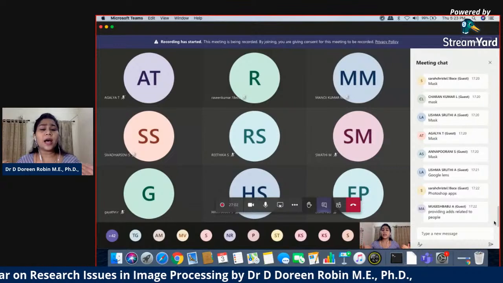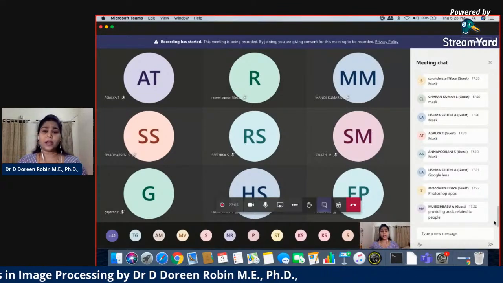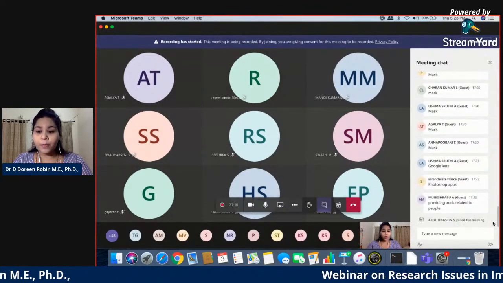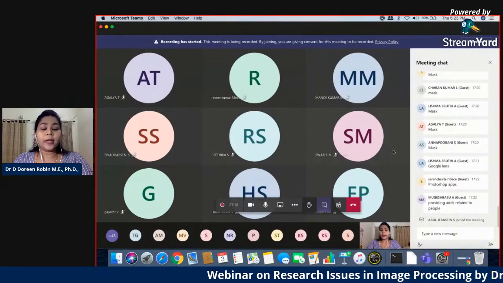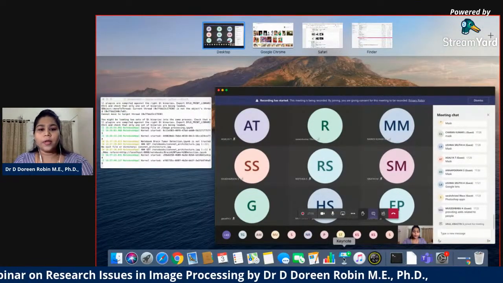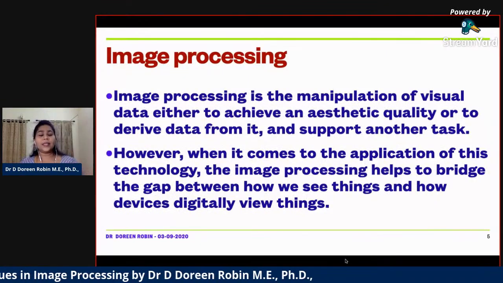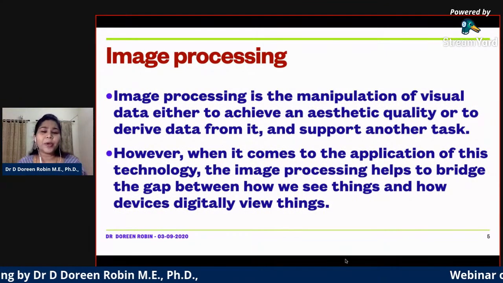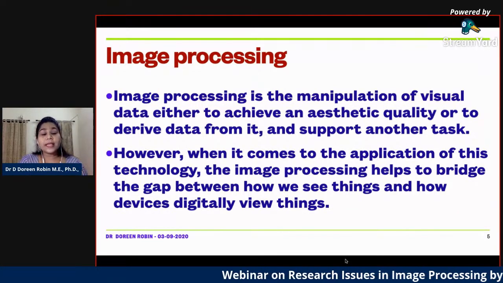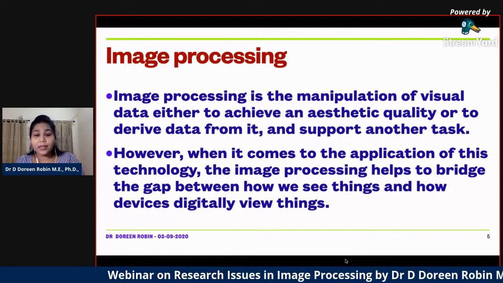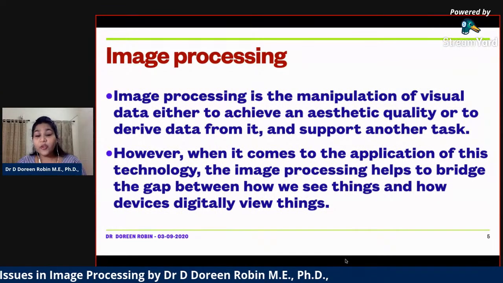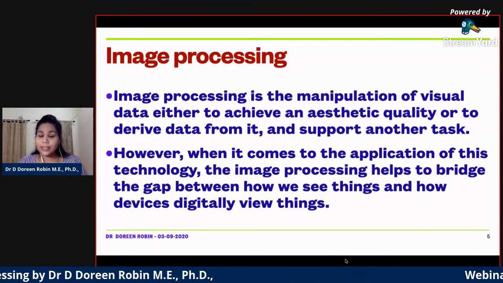So when we process large scale applications, especially in medical image processing, there are huge research problems that are still going on in medical image processing. All right. And now, how I see an MRI scan, I don't know anything, right? Because I'm not a medical doctor. I can just see the scan. But when I have an algorithm digitally that understands and extracts the features of the MRI, it finds what kind of disease and what is the intensity of the disease.